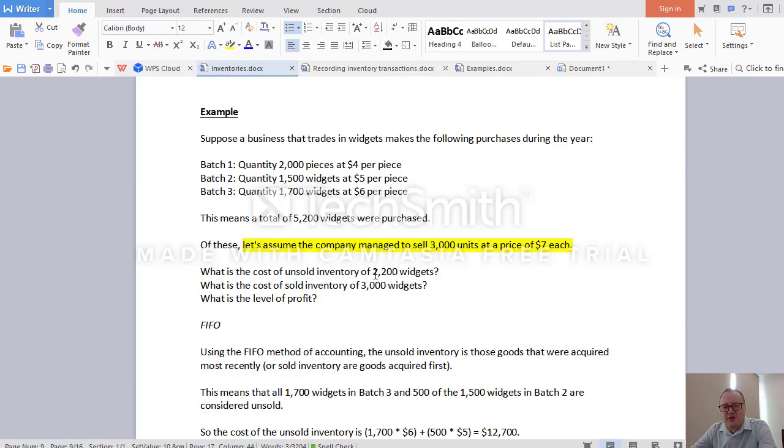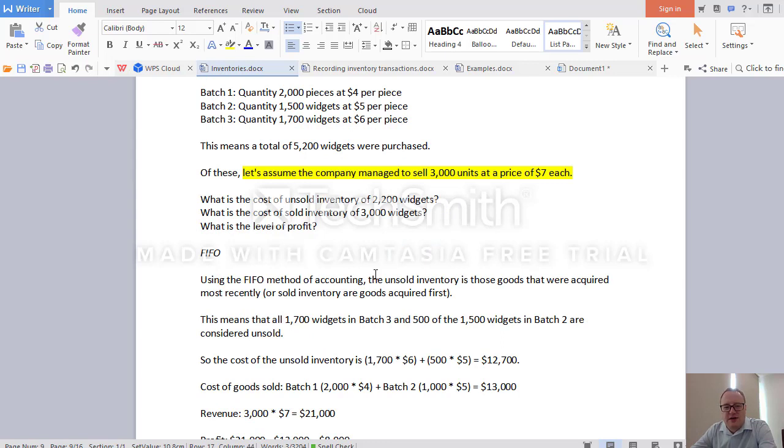So if you're using the first in, first out method, you are selling 3,000 at $7 each. So your revenue would be 21,000. That revenue would be used to find the profit. Then, regarding the cost of goods sold, it's first in, first out, so you start selling with the first batch. You sell all 2,000 pieces from the first batch, but still 1,000 missing. So therefore you need to sell another 1,000 from the second batch at $5. The first batch at $4. So you find the cost of goods sold is